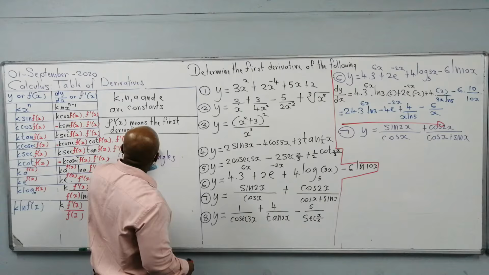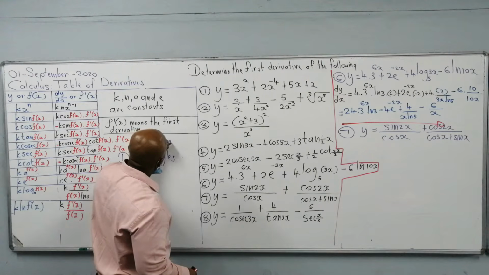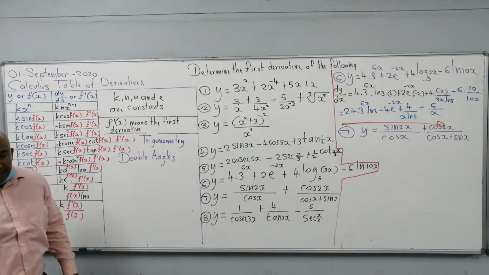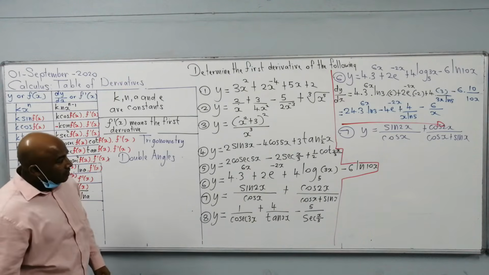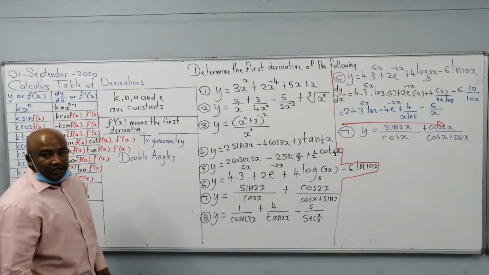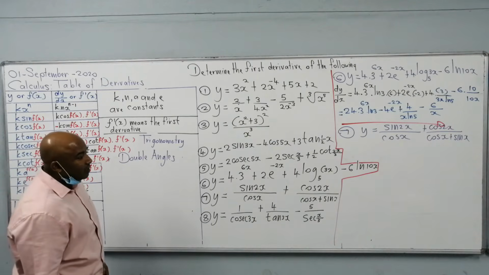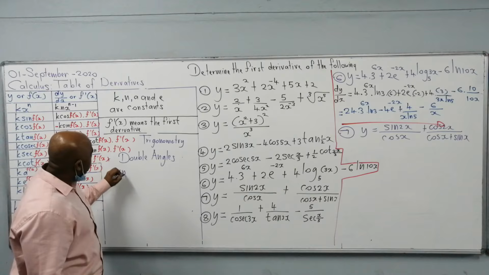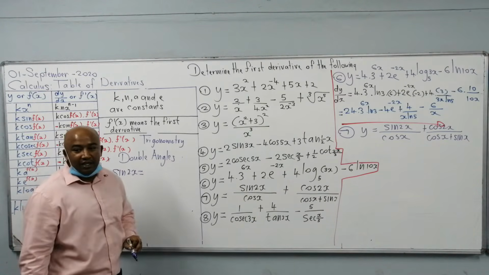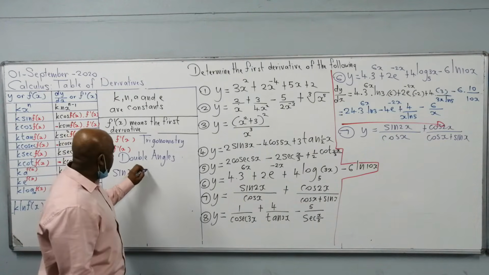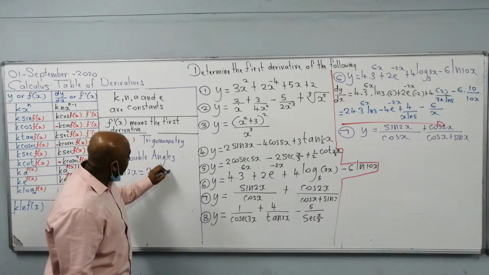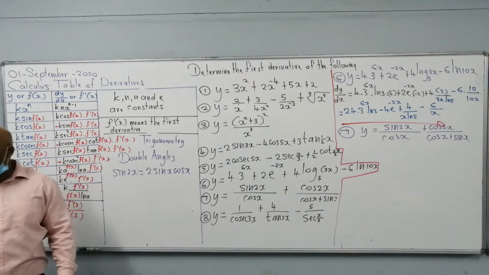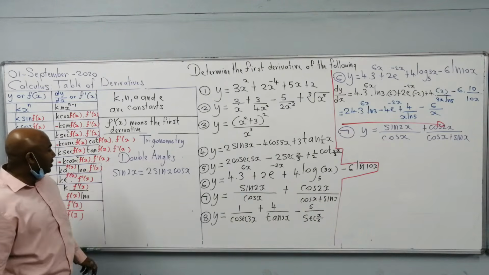So this is trigonometry. Double angles. We need to be able to write down the equivalent for sine 2x. The double angle formula for sine 2x is going to be 2 sine x cos x. Then the double angle formula for cos 2x,